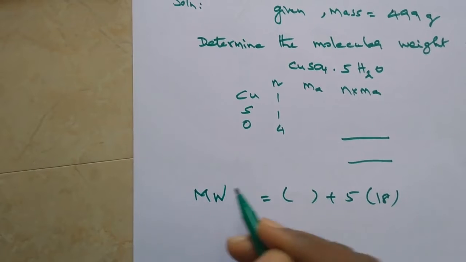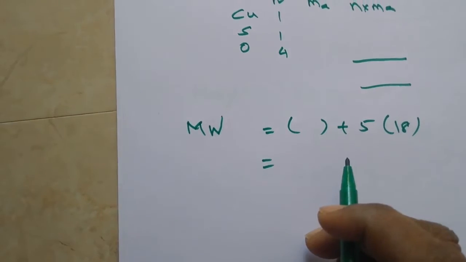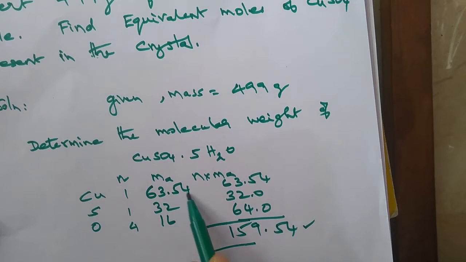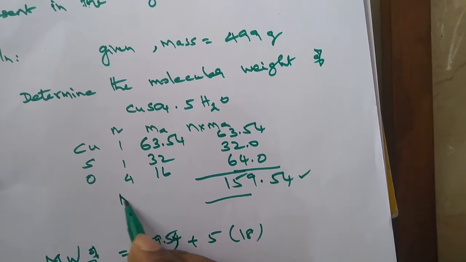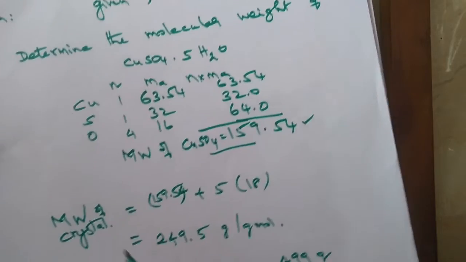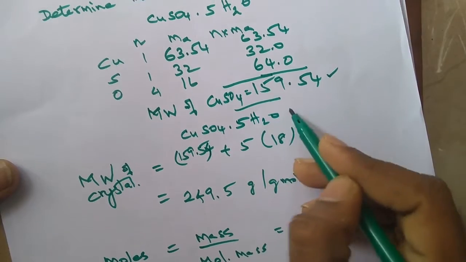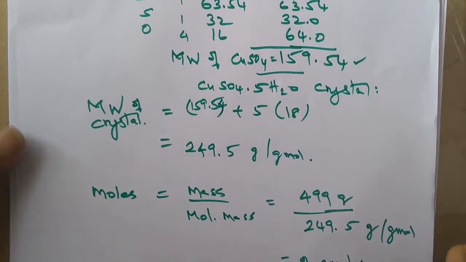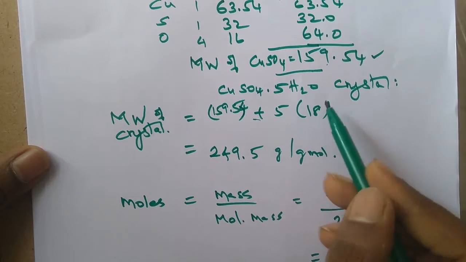Then for molecular weight of the crystal, we will add the molecular weight of copper sulfate plus 5 times the molecular weight of water. So if you write down the atomic masses, we get 63.54, 32, 16. 16 into 4 is 64. So we get molecular weight of copper sulfate as 159.54. So to get the molecular weight of the hydrated copper sulfate crystal, we will add 5 times 18 to the molecular weight of copper sulfate, which is 159.54. When you make this summation,